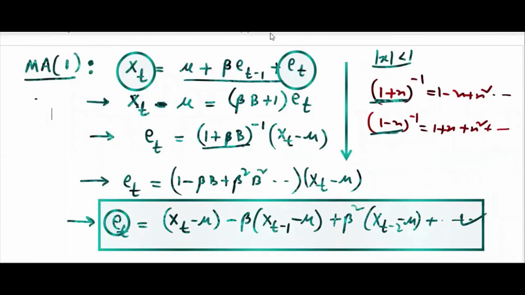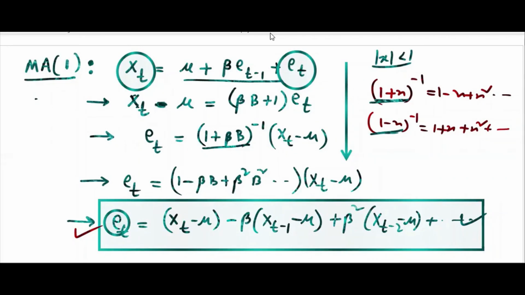But you see, ET can be expressed in terms of the past of the process. Xt minus 2 is here, xt minus 1 is here, xt is here. At least theoretically, ET can be expressed in terms of past processes. Whatever values you have by now, using those values, you can find ET. Theoretically, I am saying. But see the number of parameters, the number of terms, mu, all these things, estimation, it's